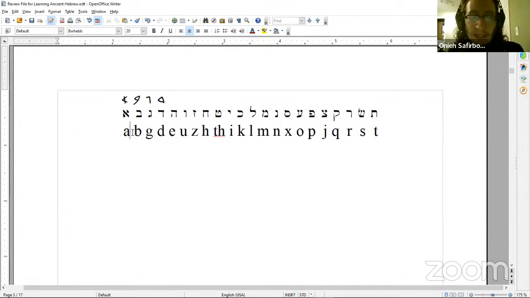Second letter is B, same as in English, same as in Hebrew. So B, remember, can be both the sounds B and V. B if it's the beginning of a syllable, V if it's the end of a syllable. Third letter is G, the same as English. The third letter is C in English, but the letter C in English actually comes from the letter G. And that's because the sound of G and C are very similar.